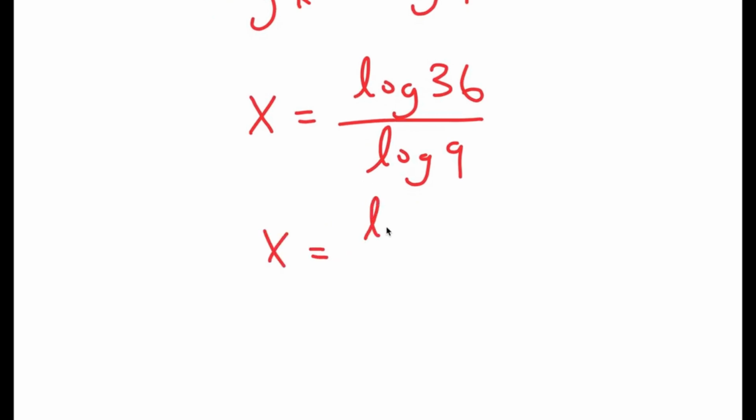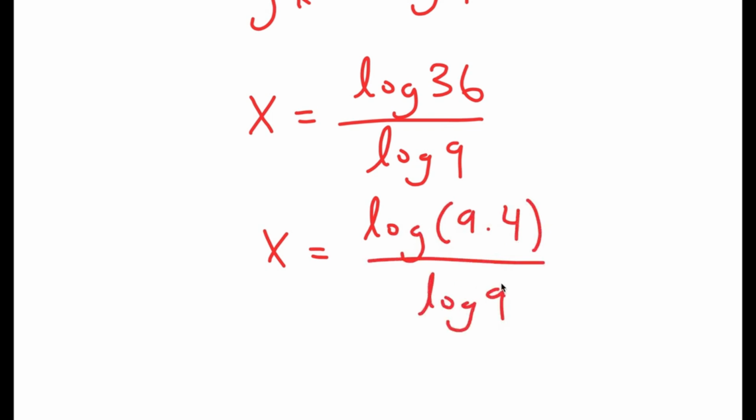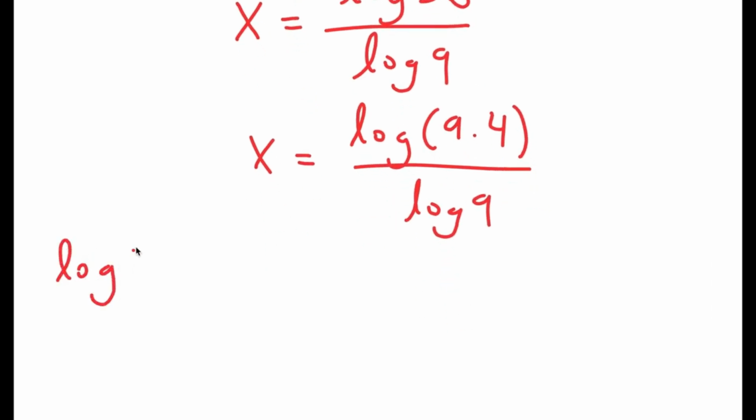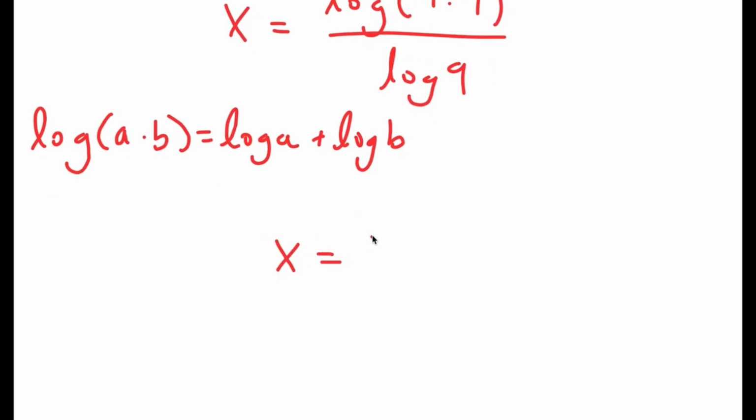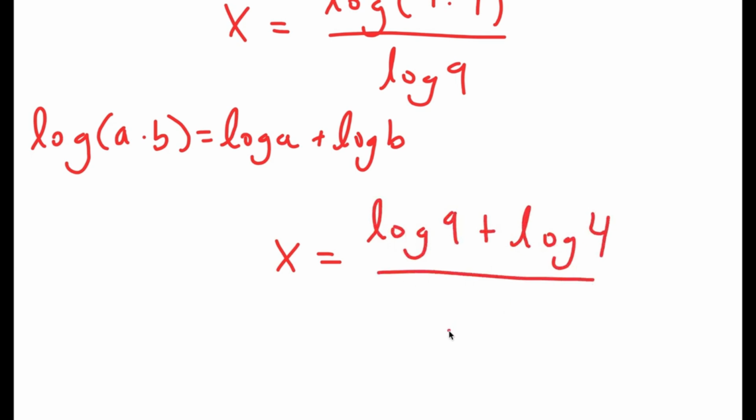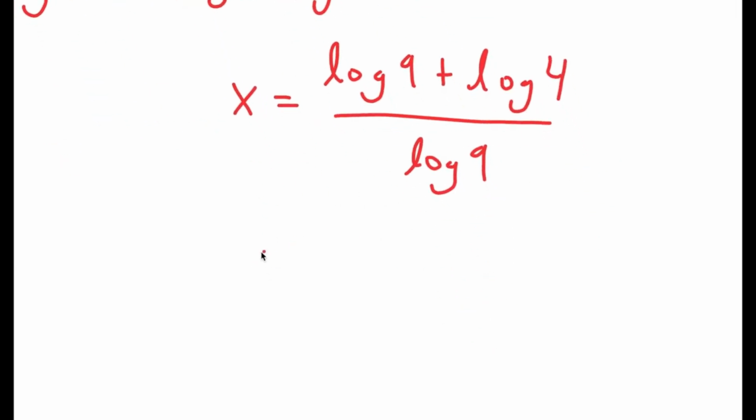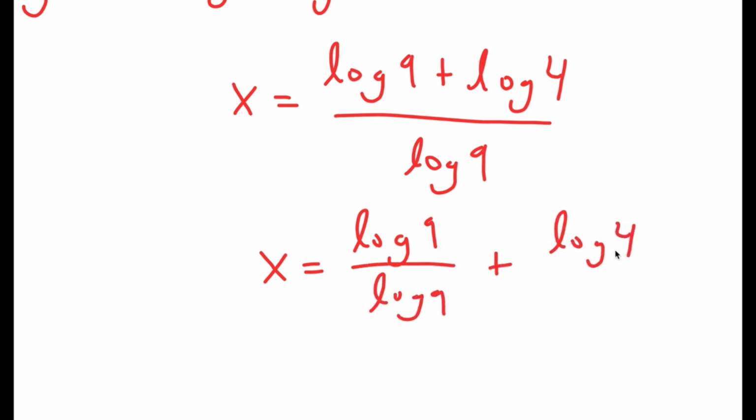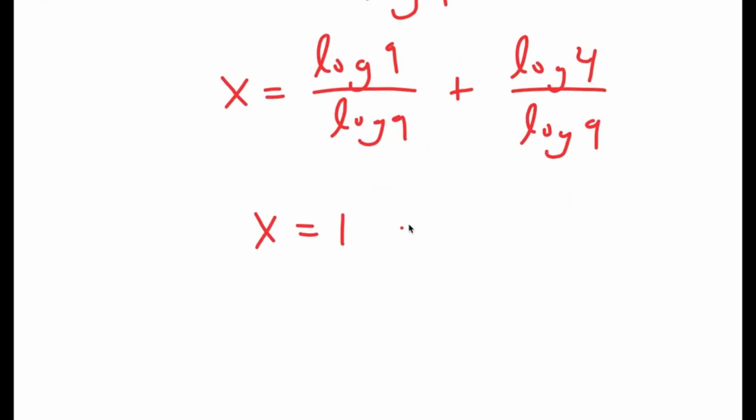Now, I'm going to rewrite log 36 as log of 9 times 4. I did this because I can use the property log of a times b is equal to log a plus log b. In this case, this turns into log 9 plus log 4, and I have this over log 9. So now this is equal to log 9 over log 9 plus log 4 over log 9, which is equal to 1 plus